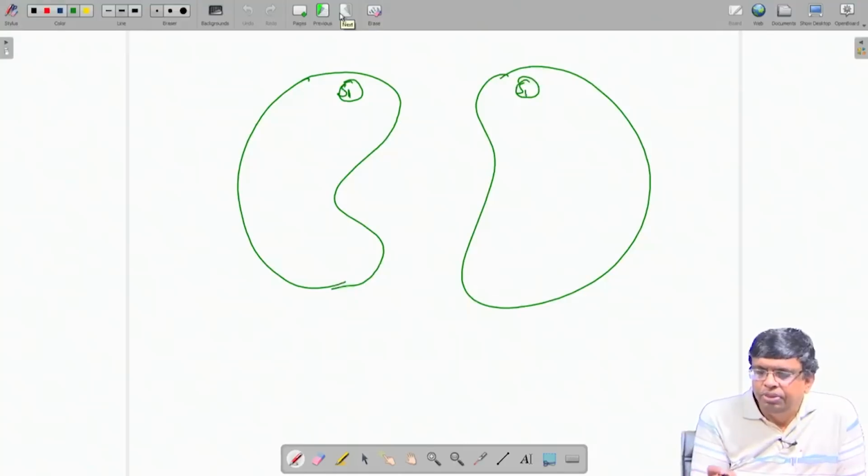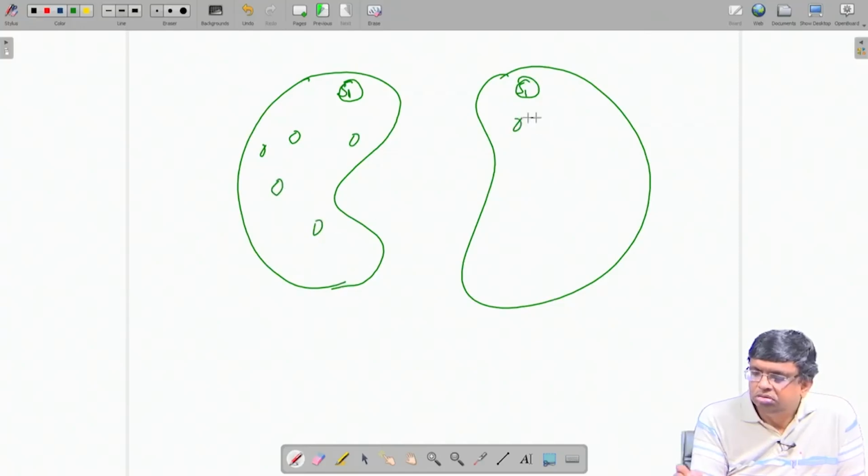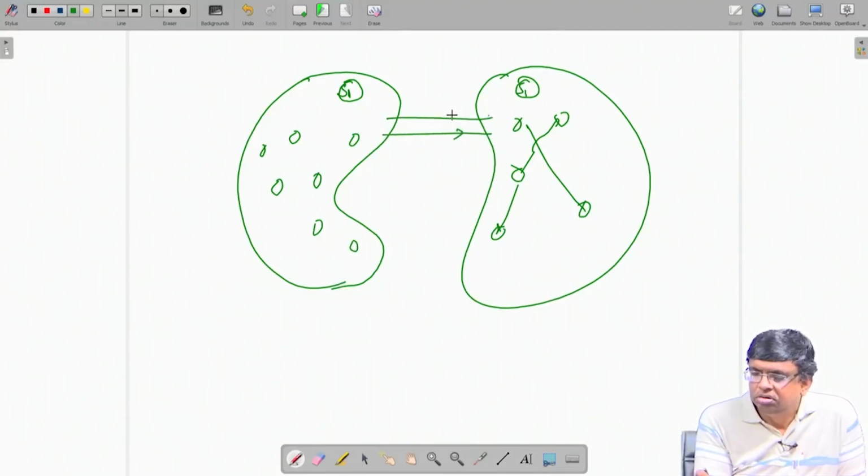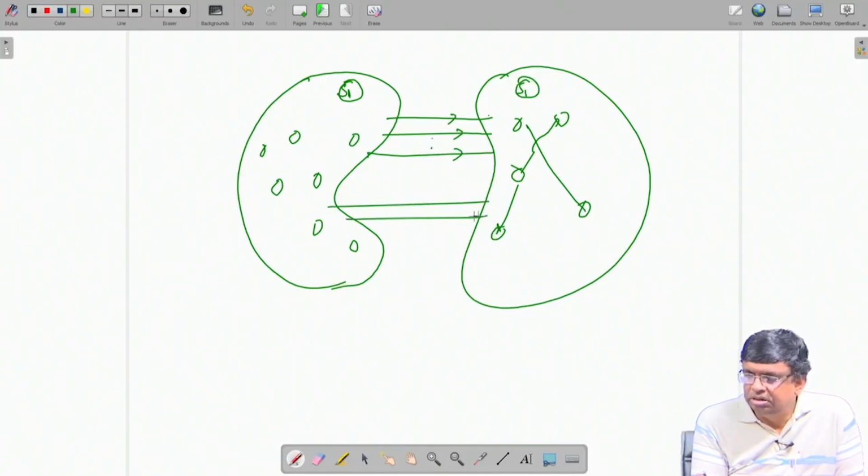And suppose I have got some nodes, they are all internally connected as before. And there are one set of edges in this direction, they are not changing, and another set of edges in this direction,